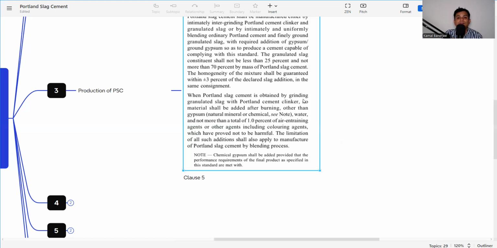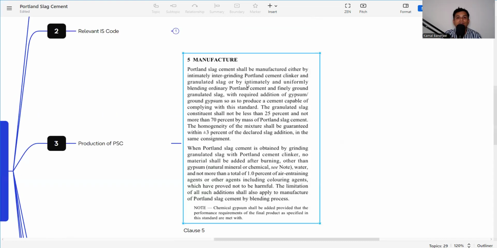Slag cement is obtained by grinding Portland cement clinker. No material shall be added after burning other than... what can we add? Gypsum, water, and a total of 1% of water and agents, including coloring agents. But it should not be proved to be harmful for the cement. Then it says the limitation of such addition shall also apply to manufacture of Portland slag cement by blending